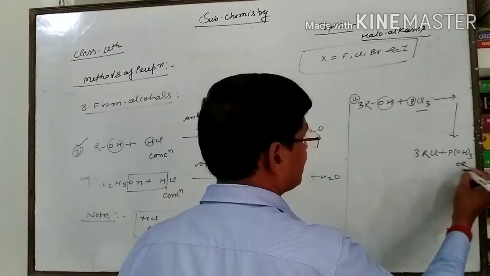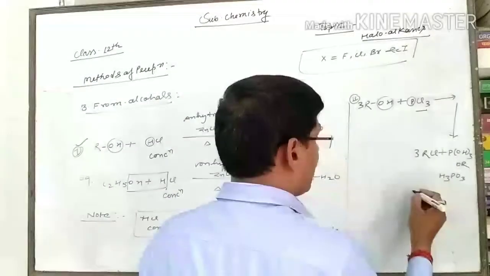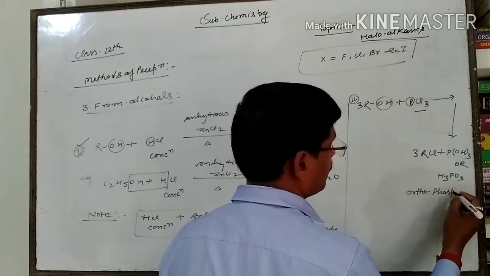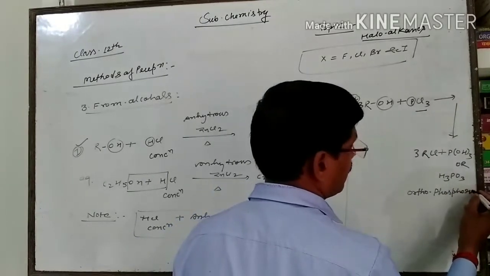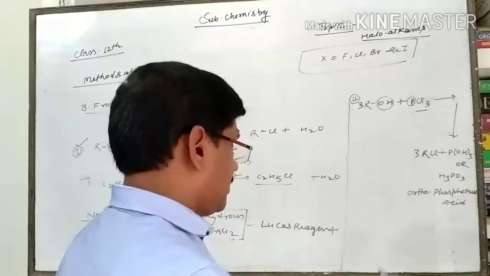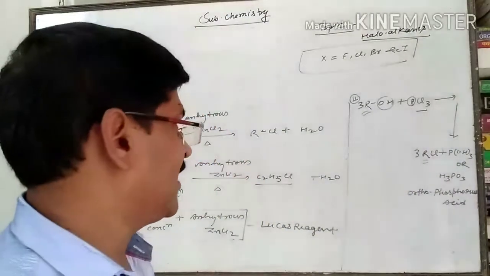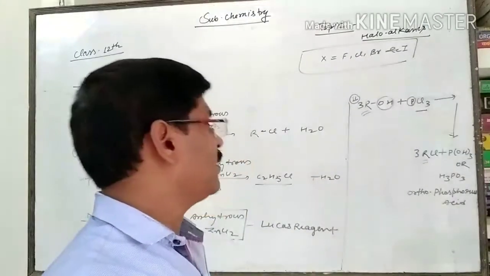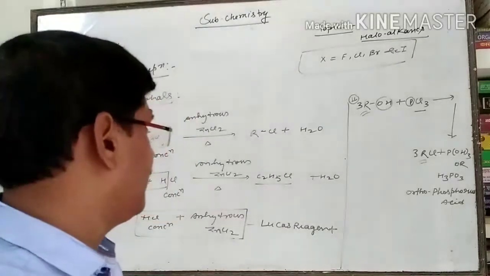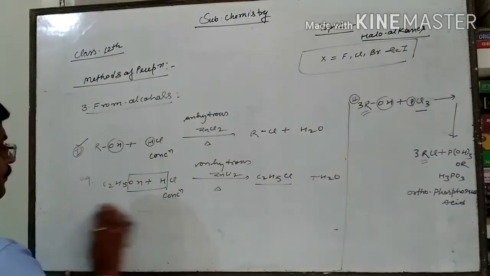This is in the form of H3PO3, which is known as orthophosphorous acid. It means in place of R, if I have taken here an alkyl group like CH3 or C2H5, then phosphorus trichloride easily gives alkyl halide. But suppose that I have taken, in place of PCl3, PCl5, then it also will give